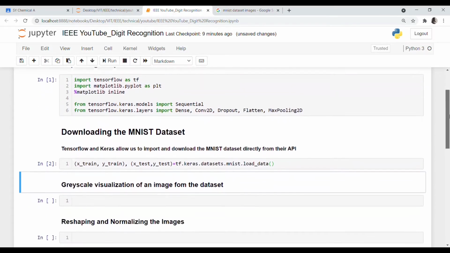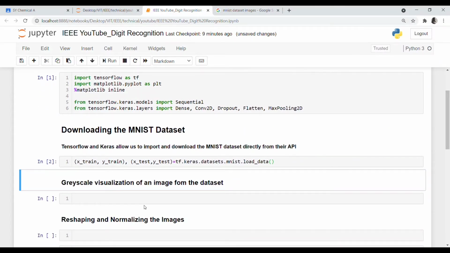We have downloaded it. Now we'll be looking at the grayscale visualization of an image from the dataset for its better understanding. This dataset contains 60,000 training images and about 10,000 testing images.